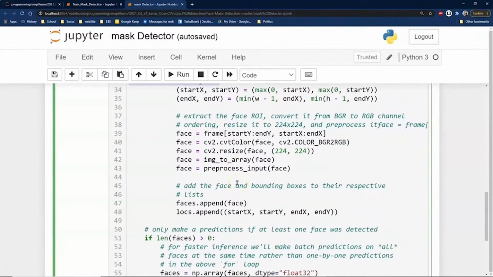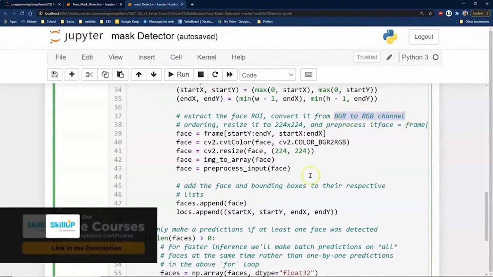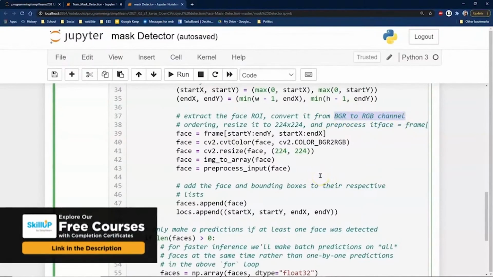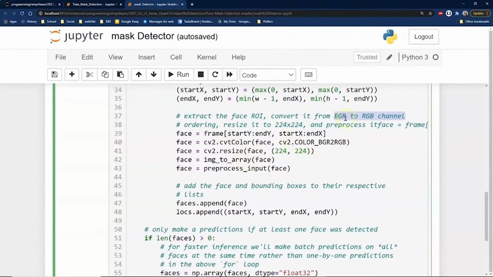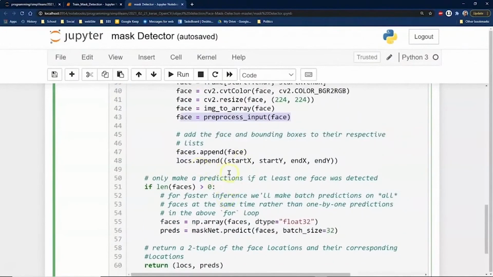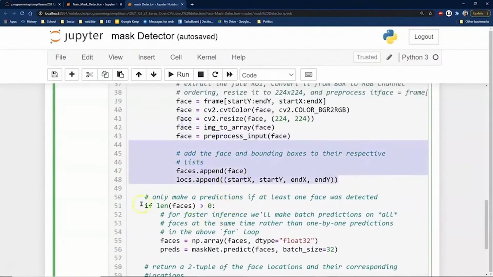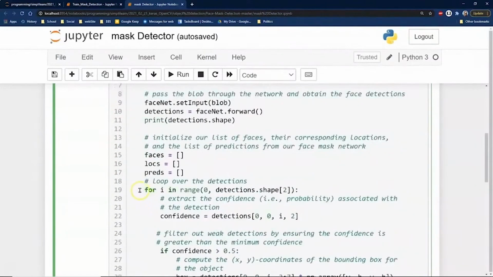Extract the face ROI, convert it from BGR to RGB channel. Again, this is an OpenCV issue. Not really an issue, but it has to do with the order. I don't know how many times I've forgotten to check the order of colors when working with OpenCV. Causes all kinds of fun things when red becomes blue and blue becomes red. And we're going to go ahead and resize it, process it, frame it, face frame setup. Again, the face, the cvtColor, we're going to convert it. We're going to resize it, img_to_array, preprocess_input, append the face, locate face, startX, startY, and endX. Boy, that was just a huge amount, and I skipped over a ton of it,